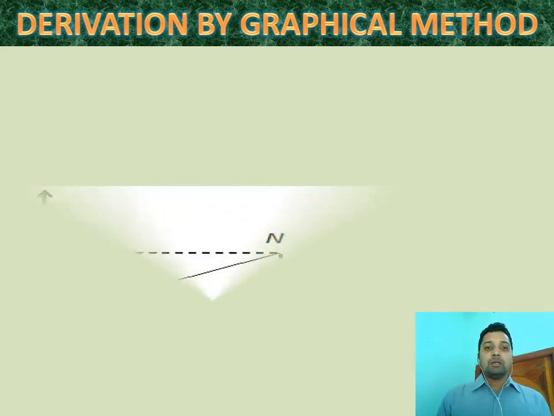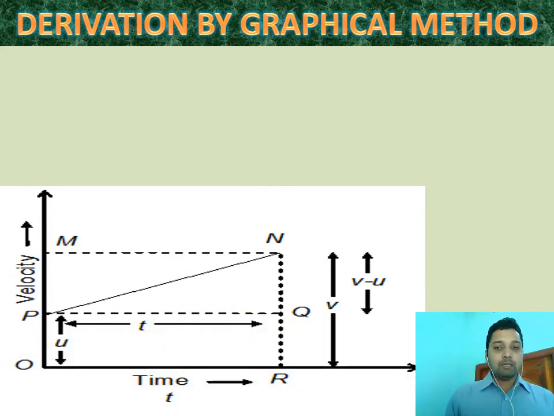So here we will use a velocity time graph where time is on the x-axis and velocity on the y-axis, where O to R, our graph is P and N. The straight line is our graph, where it is not starting from the origin, it is starting from a particular point P. Means initially it has a certain value u, and finally it attains a value v. Means the difference of velocity between the points P and M is v minus u. Final velocity at M is v, initial velocity at P is u.